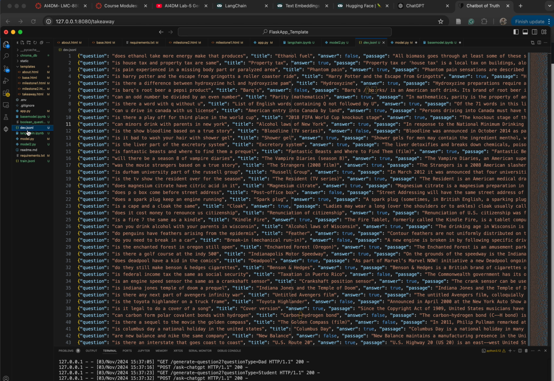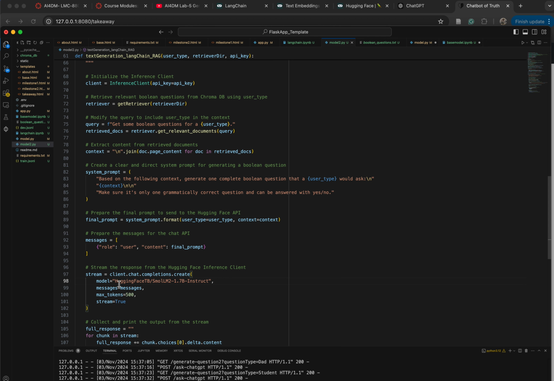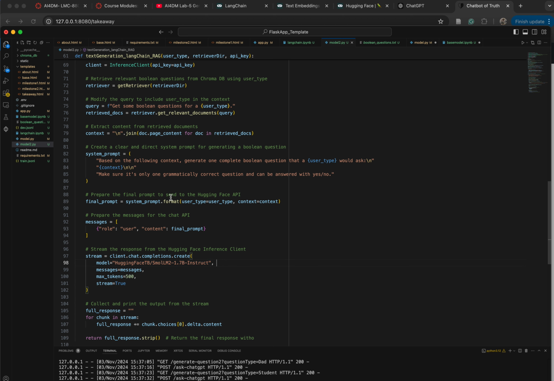It's a JSONL by Google, and it has question, title, answer, and passage. However, I only parsed the questions from here and built this Boolean question sheet for the RAG. Finally, I fed this to the new model that I adopted in milestone two, which is this model, to generate a proper question based on the user type.